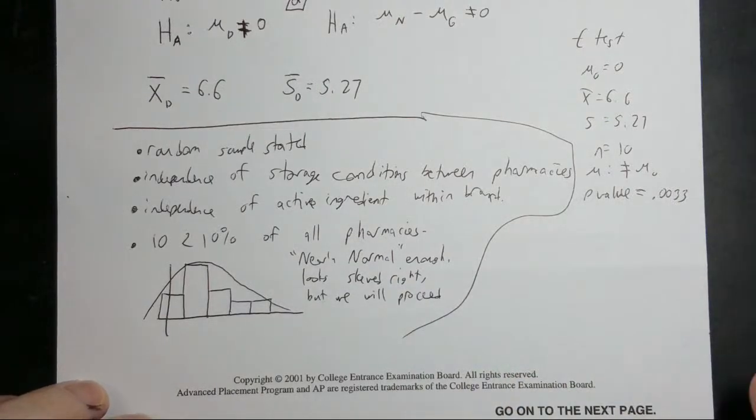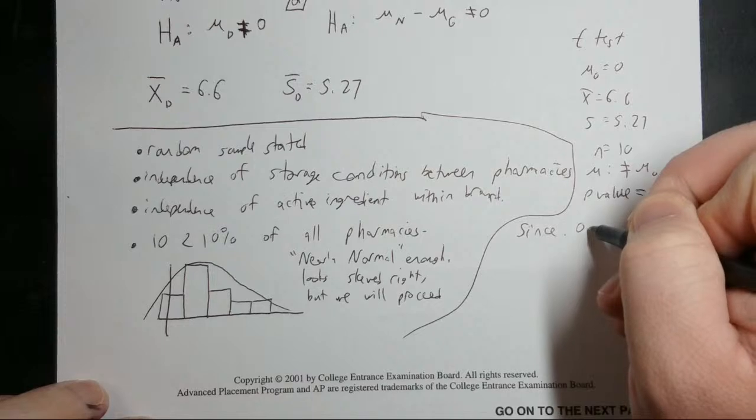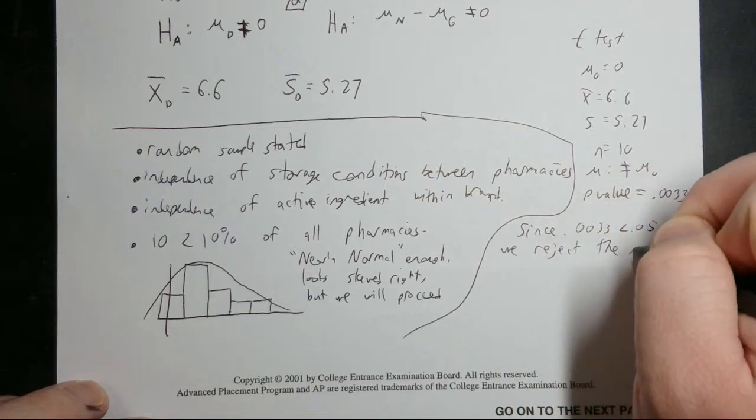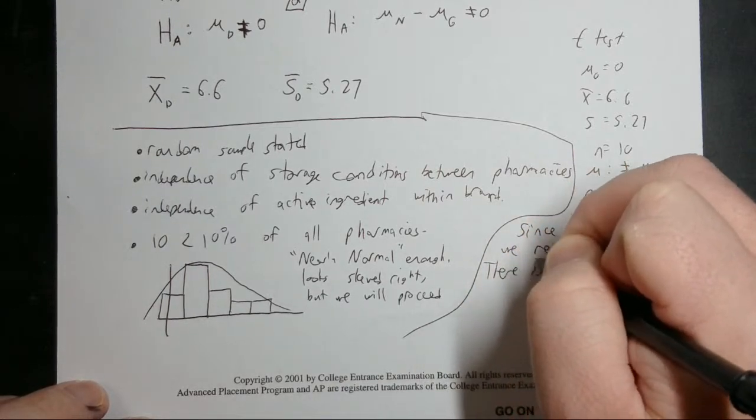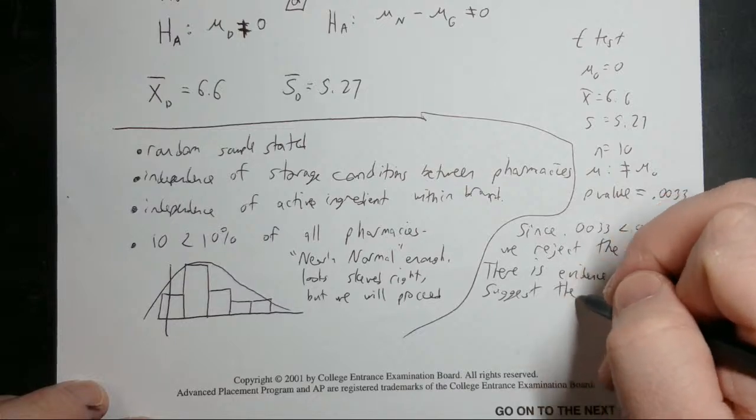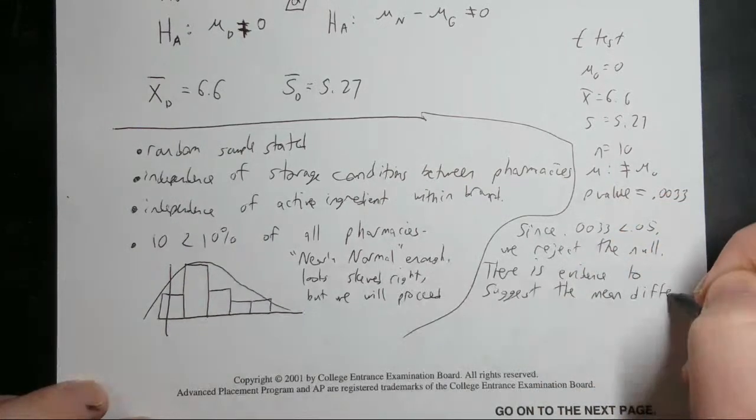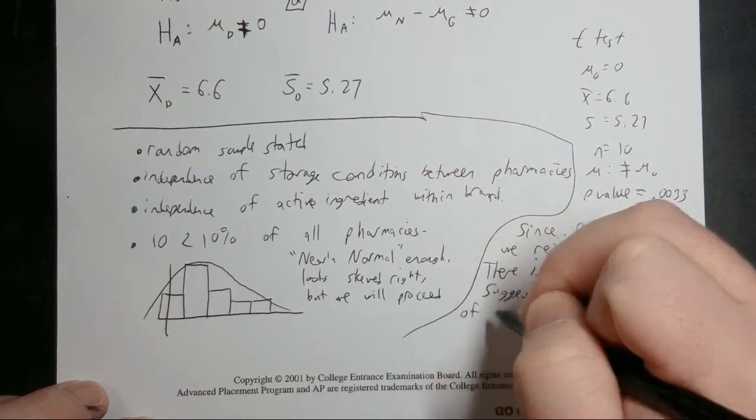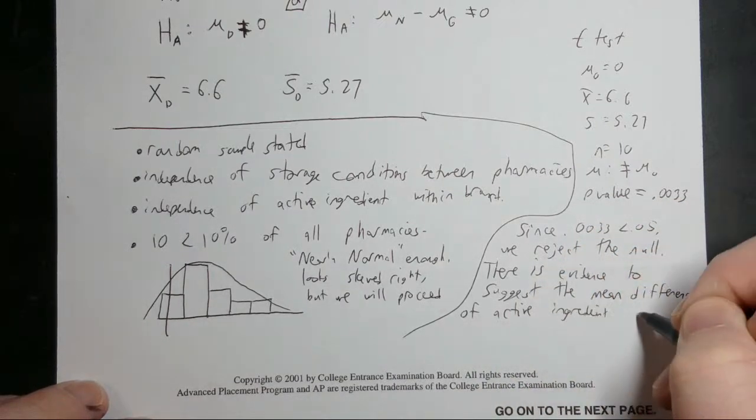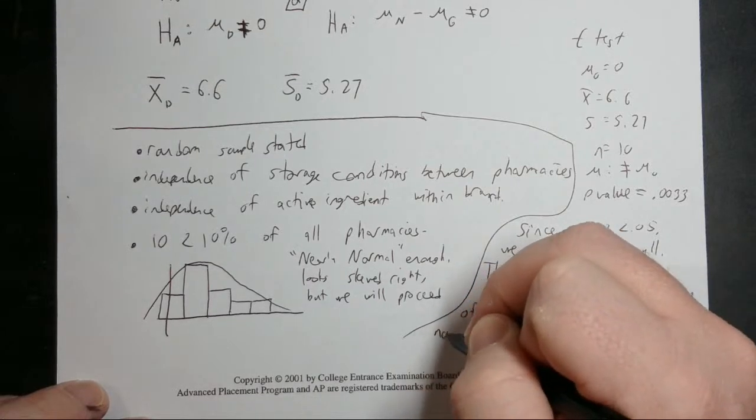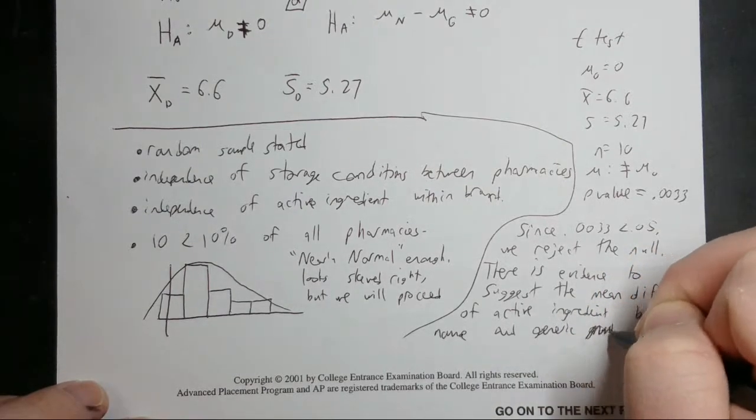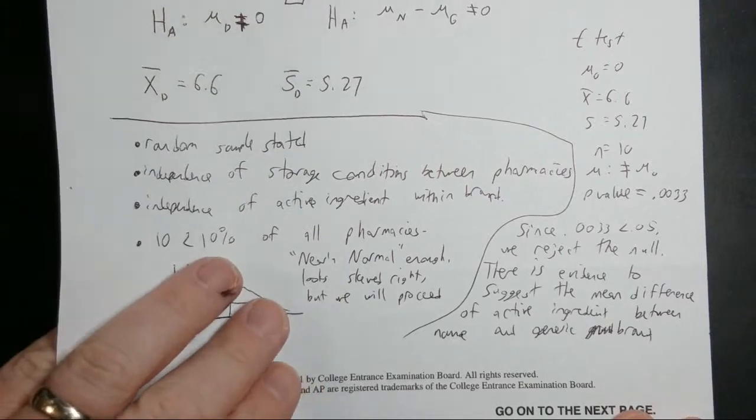What does that mean for us? Since 0.0033 is less than 0.05, we reject the null. There is evidence to suggest the mean difference of active ingredient between name and generic brand. If I can spell brand. There is evidence to suggest